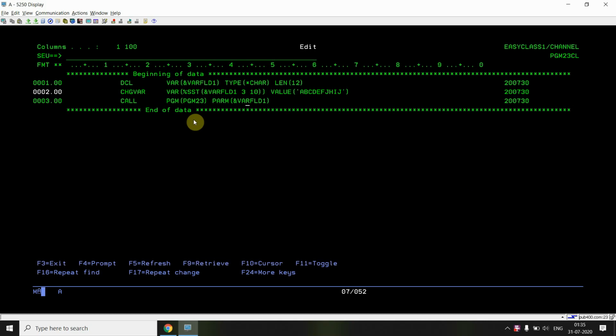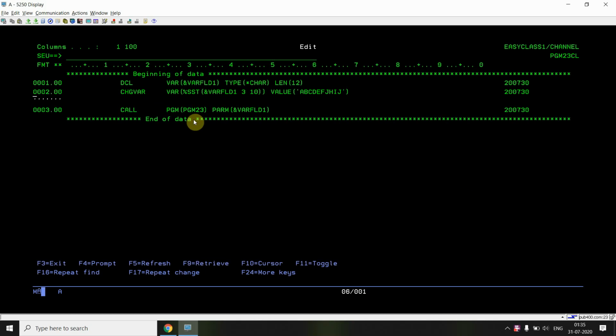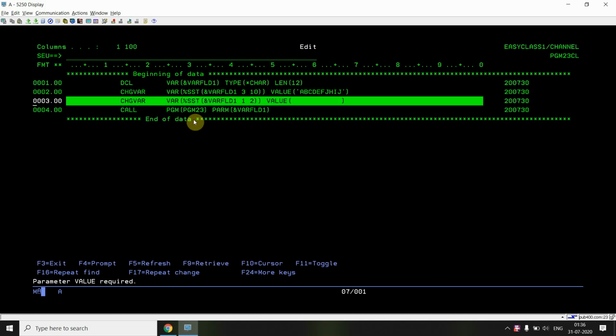So from the third starting position, the length of 10 will hold this data, but the first two positions will hold the length of this data.